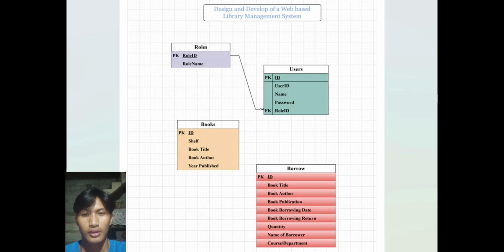The roles table serves as the foundation for users' access management within the library management system. It contains two fields: role ID, which is the primary key, and role name, which defines the type of user: admin, instructor, student. This table ensures that users are assigned appropriate permissions based on their role, supporting a secure role-based